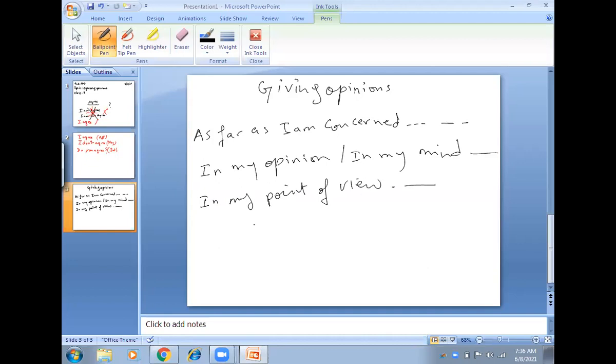Clear? Am I audible? Yes, ma'am. Okay, so we can also say "from my point of view". I'm giving you the most common ones. Another is "the way I see it", the way you see things. You can also express your opinion this way, because everybody sees things according to his or her perspective, according to his opinion. The way I see it, or the way I see that,